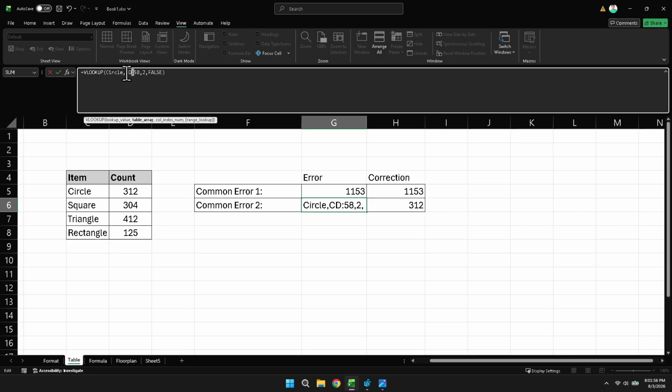To fix this, review the VLOOKUP formula character by character and make sure nothing is missing. Check that quotes are placed where they're needed and confirm that semicolons are included correctly to separate the parts of the formula. Even if the formula looks mostly right at first glance, one small missing symbol can be enough to